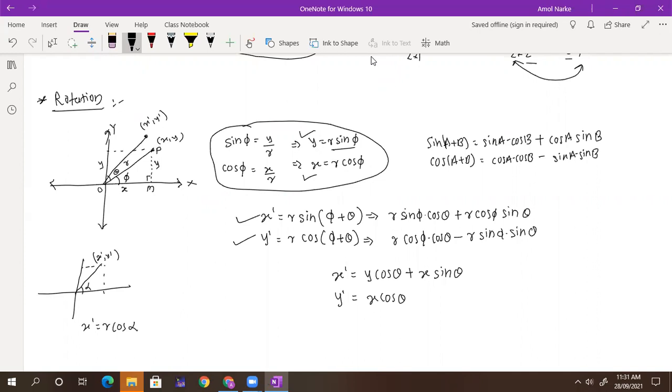Yes, x is equal to r cos, and y is r sin. Got it. I made a mistake in terms of sin and cos. Yes, so x is nothing but r cos, so here the r cos one will come and here the sin one will come. Now it is okay. So accordingly the formulas will also change. So we made a complete mistake here.